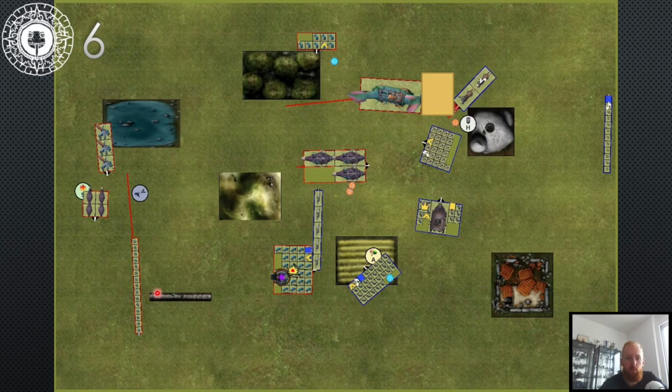Rally those guys, push here to make 1 in the sky. So he has 2 units in his deployment zone. I have 2 as well. Magic phase. I dispelled Stone Skin. He got something else. And then...